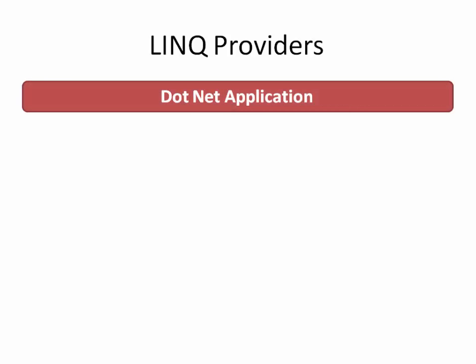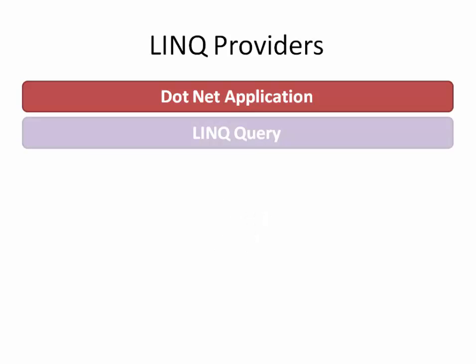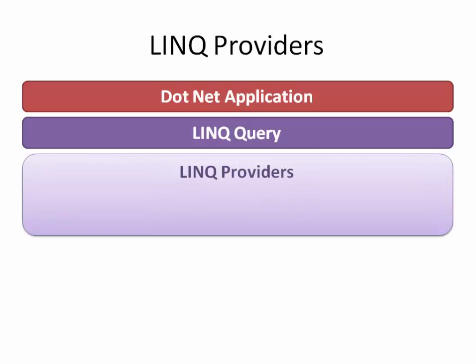So here we have our .NET application, which can be C#, Visual Basic, J#, or other supported .NET languages. We have our LINQ query, and then we have LINQ providers, and the following LINQ providers are included with C#